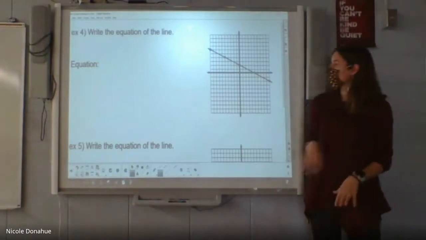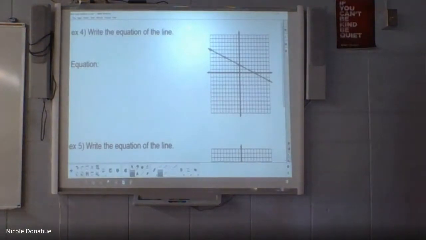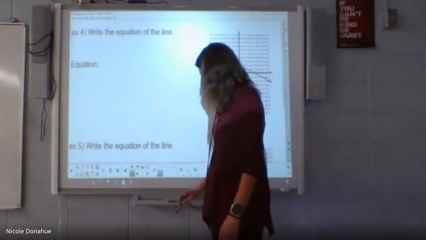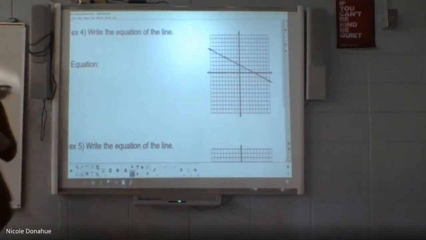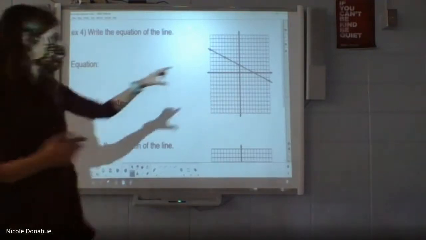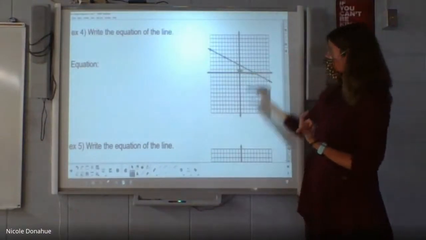All right, so example 4 here. They want us to write the equation of a line, but they're giving us the graph this time. This is not so bad in this case because the graph is a really nice graph. Does anyone see what they can find on this graph that would be helpful for us? So for example 4, anything you notice on this graph? So Bella, what did you find right away? The slope. So she found the slope just by looking at the graph. Because for the slope, she just did rise over run. She went down 2 over 5.